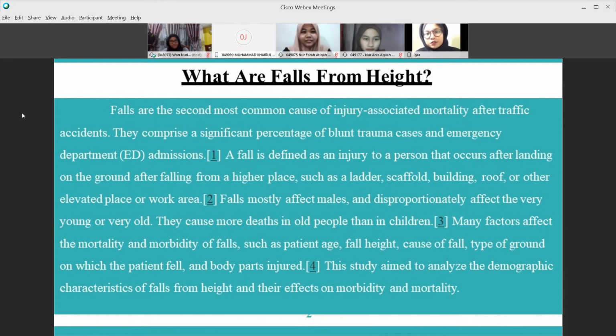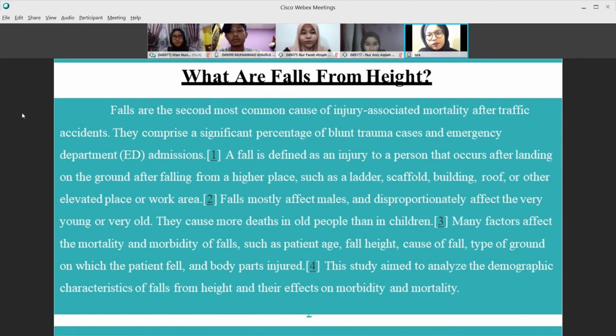What are falls from height? Falls are the second most common cause of injury-associated mortality after traffic accidents. They comprise a significant percentage of blunt trauma cases and emergency department, ED, admissions. A fall is defined as an injury to a person that occurs after landing on the ground after falling from a higher place, such as a ladder, scaffold, building, roof, or other elevated place of work